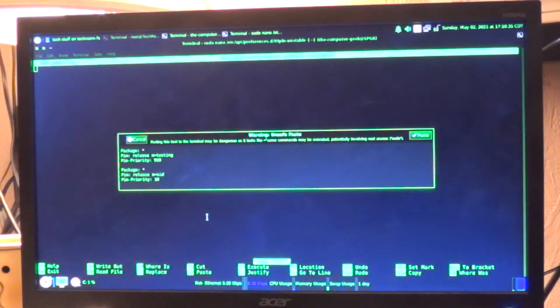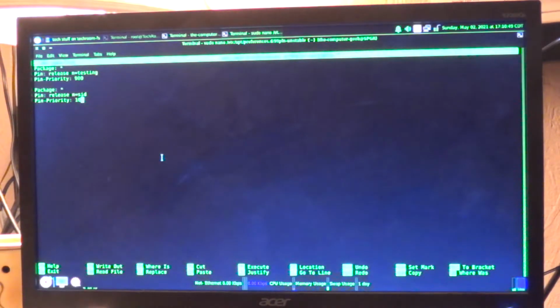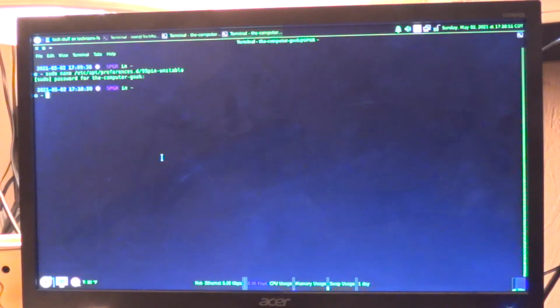and if you have your system fully up to date, you should see a warning, unsafe paste dialog. Go ahead and hit paste here. I'm just going to paste that in, or what you can do is,